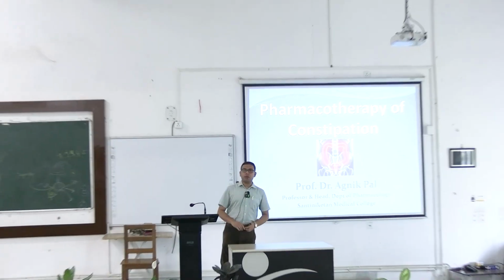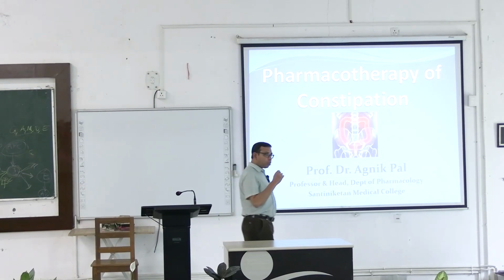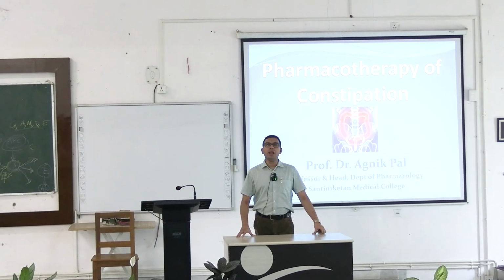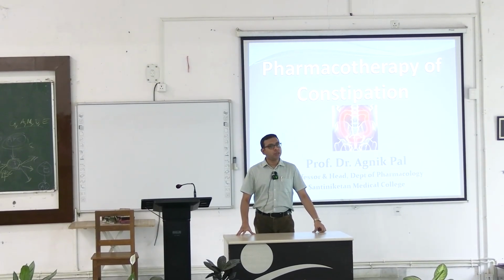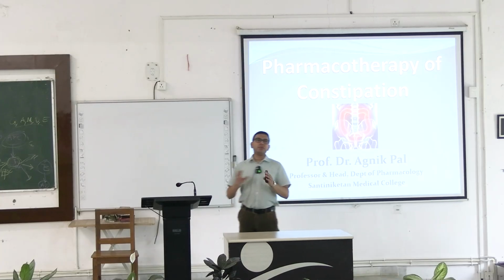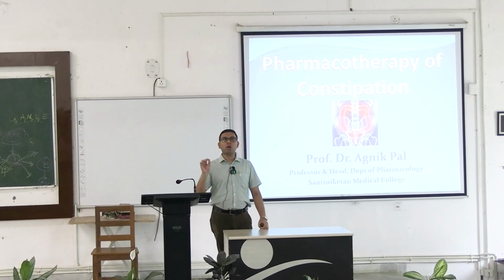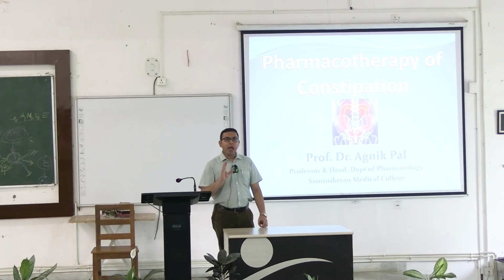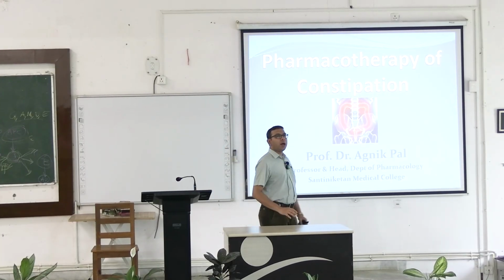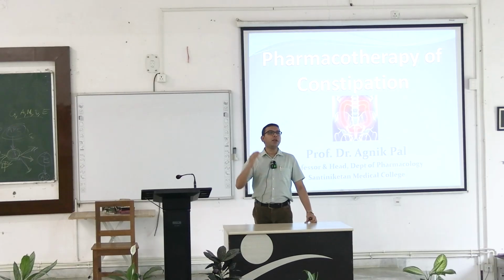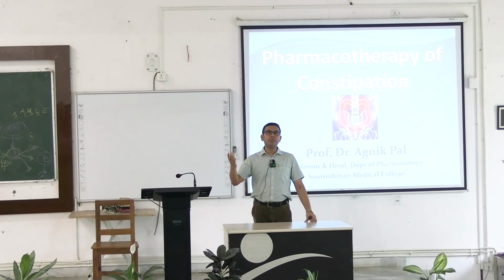Pharmacotherapy of Constipation. So what do you mean by constipation? Constipation is basically a functional gastrointestinal disorder or functional bowel disorder. It was described by different types of criteria. The most common is the Rome 4 criteria, the latest one. According to this Rome 4 criteria, chronic constipation can be described when the defecation rate or frequency is less